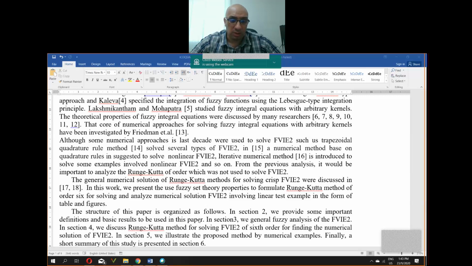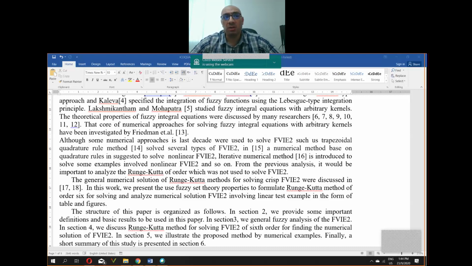So we suggest in this paper to work on sixth order Runge-Kutta method to find the numerical solution of Volterra integral equation of the second kind directly without special assumption. Usually the integral equation might be converted to an ordinary differential equation and resolved using any numerical method such as the Runge-Kutta method. But in this paper, we will implement it directly on the Volterra integral equation. This cannot be done